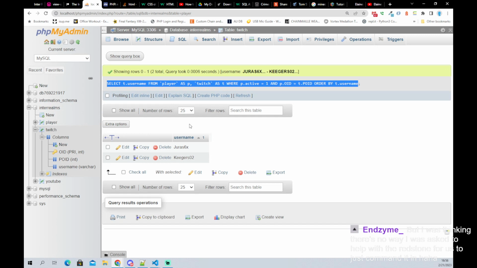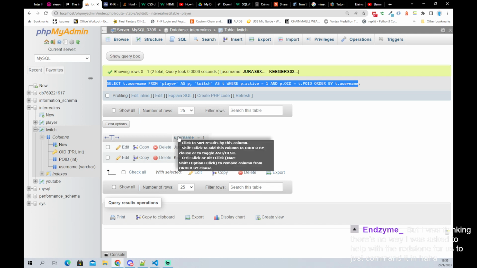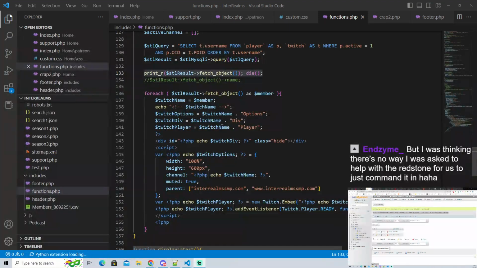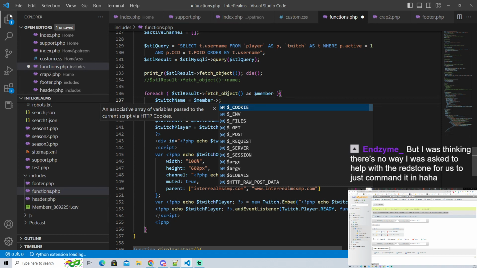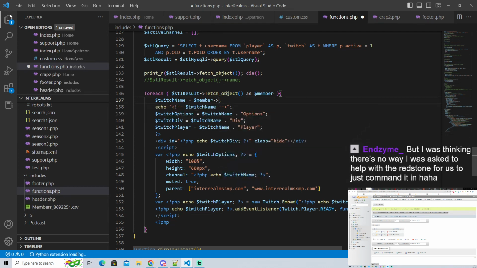Just like this says username here, when I go back over here, now I'm going to say as member, and the Twitch name now is member with an arrow. I think it's username with double quotes. I think that's how we do it. No, it's not. It'll give me a warning if I'm wrong.